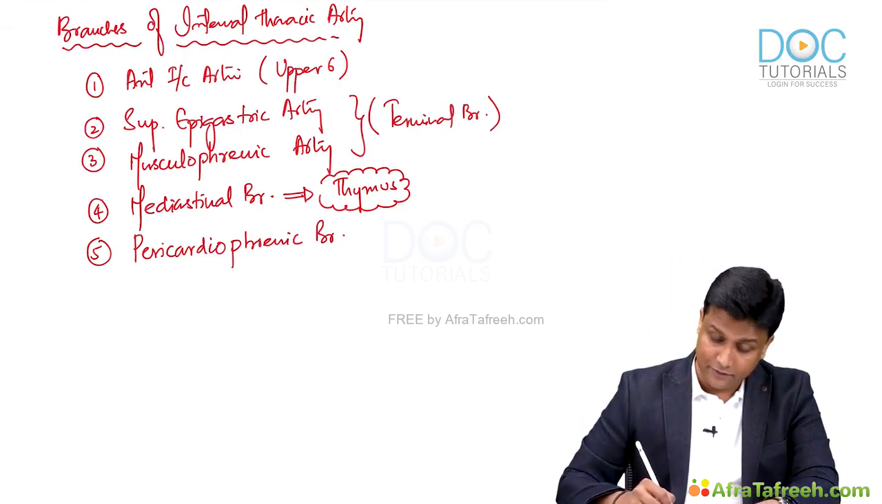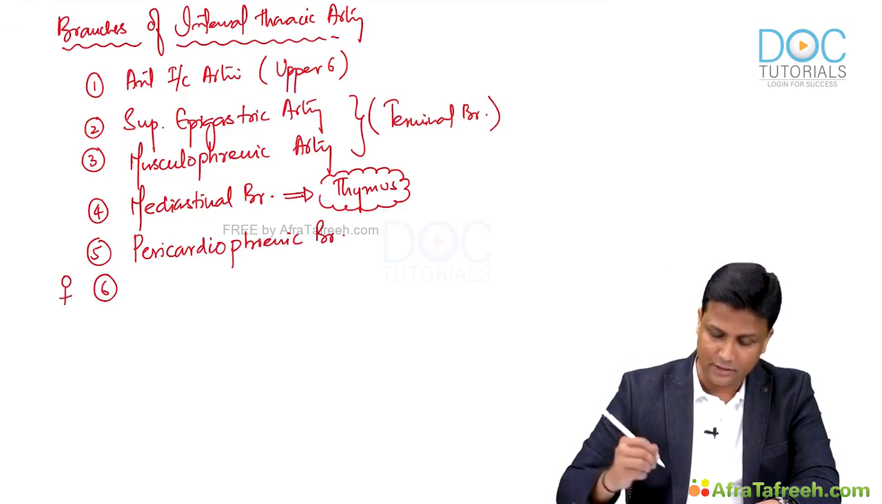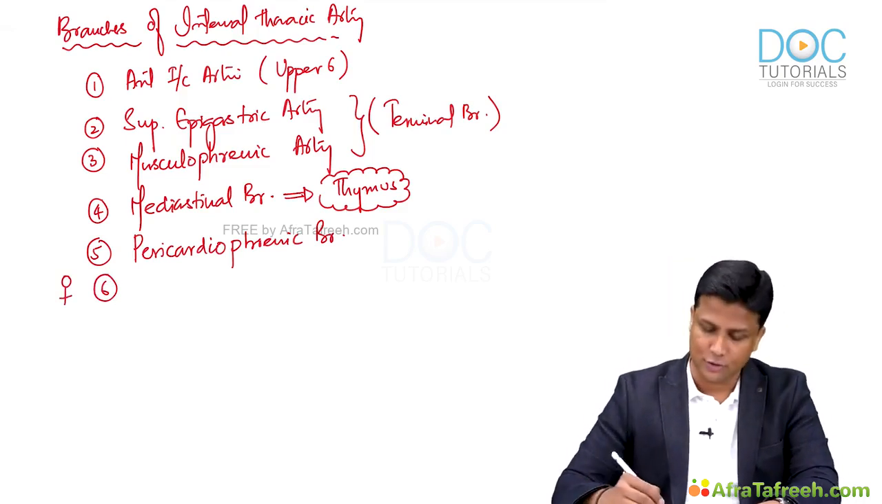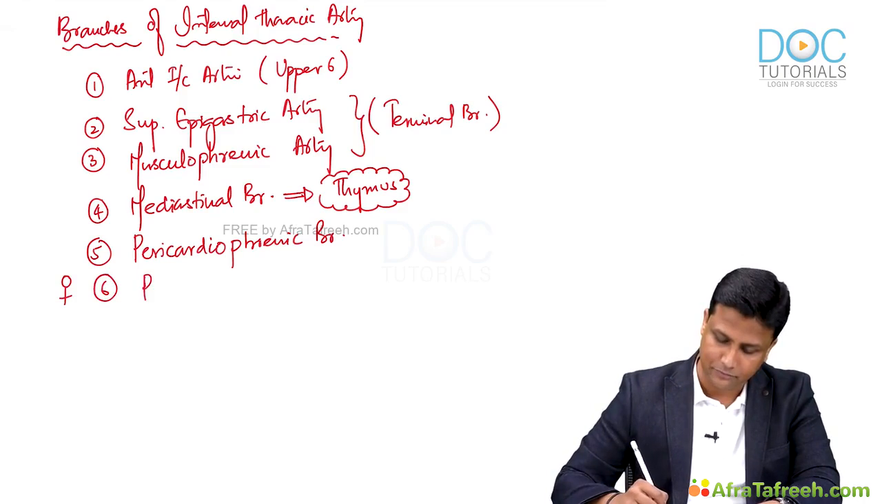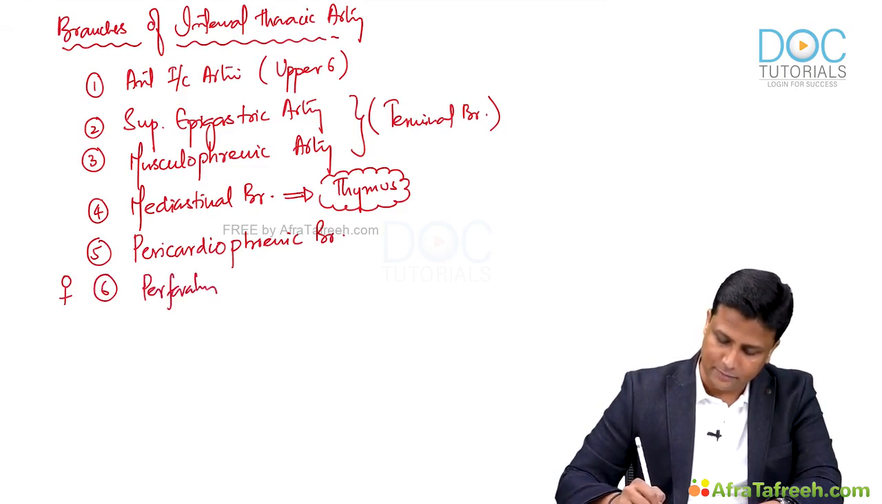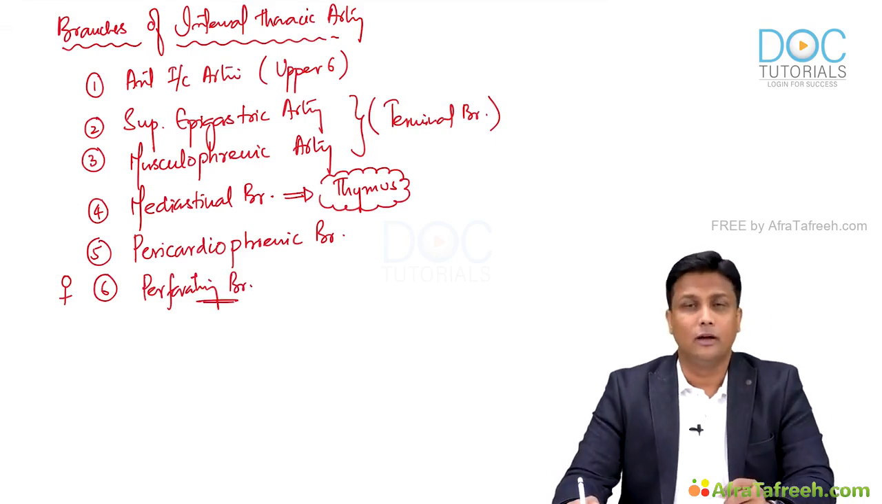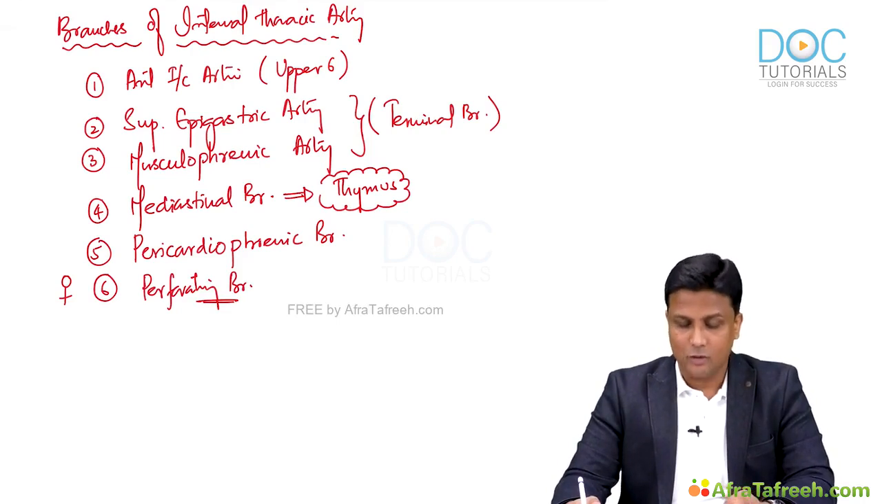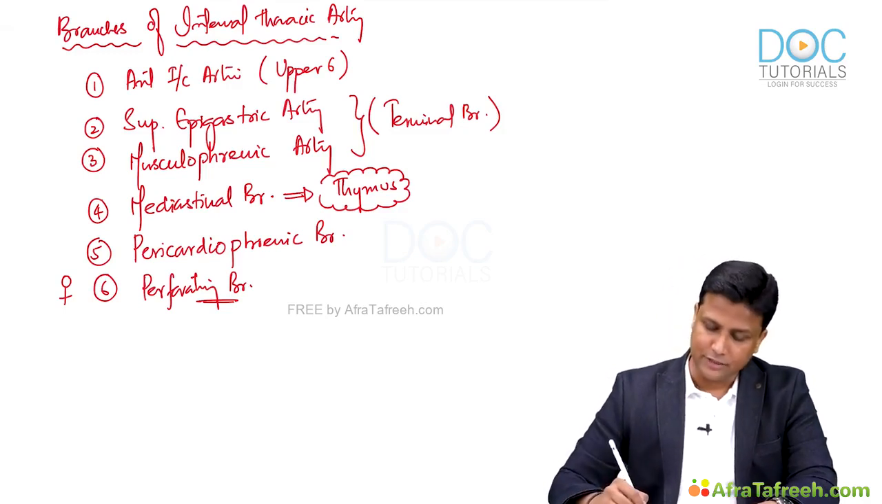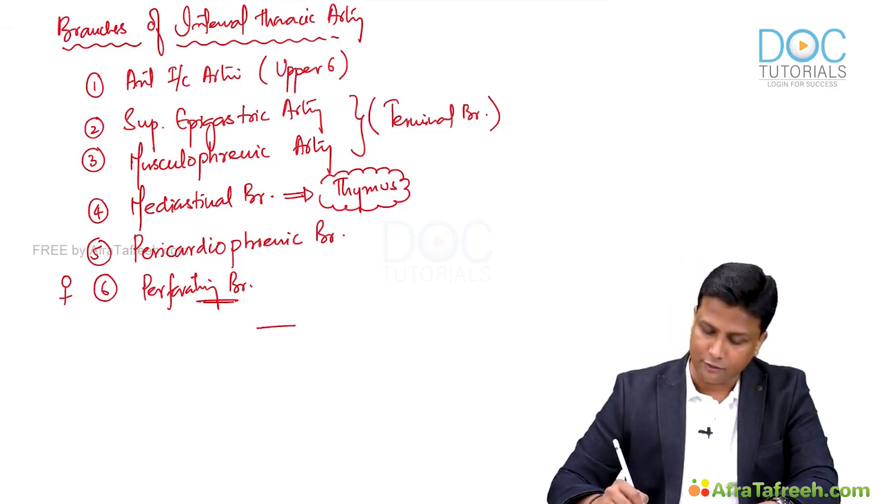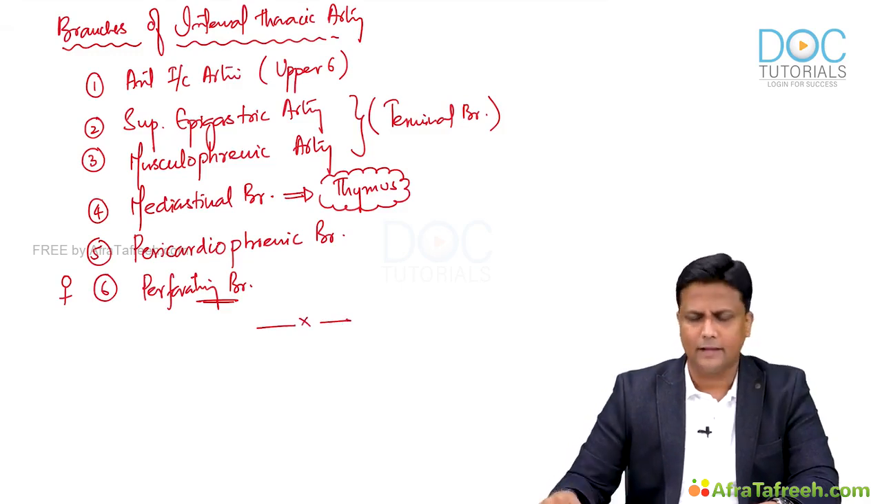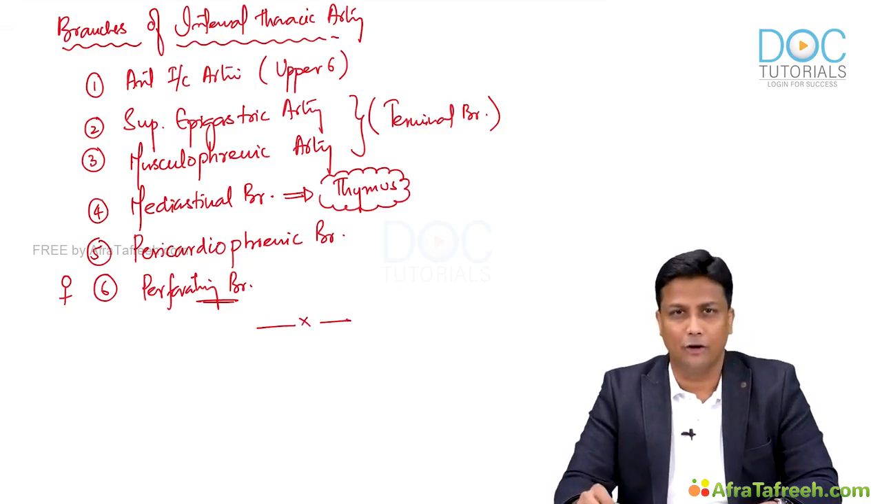And number 6, in females, guys. In females, what is happening? The internal thoracic artery will also give certain perforating branches here. And these perforating branches will be perforating through the fascia and supplying the mammary gland. That is the reason why the internal thoracic artery is also said to be the internal mammary artery. Already I told you about this one. Okay, so that is all about the branches of the internal thoracic artery,